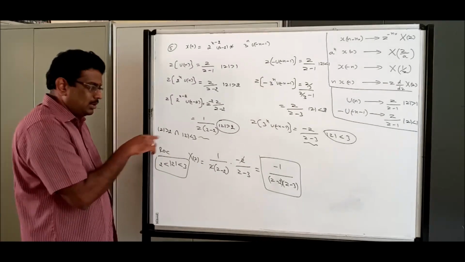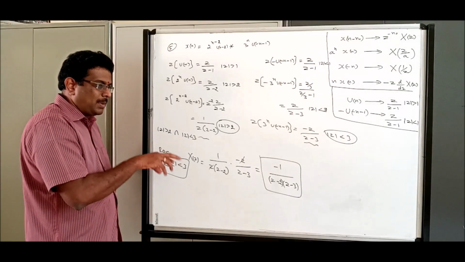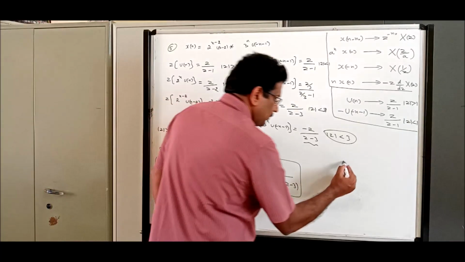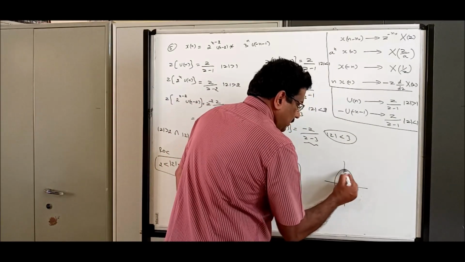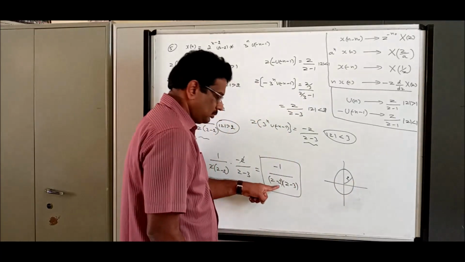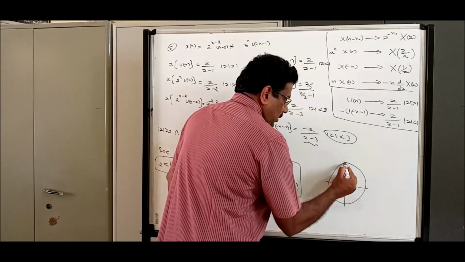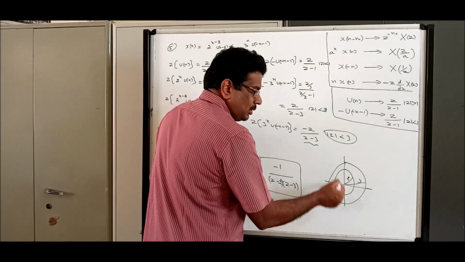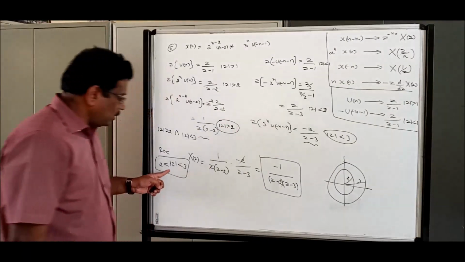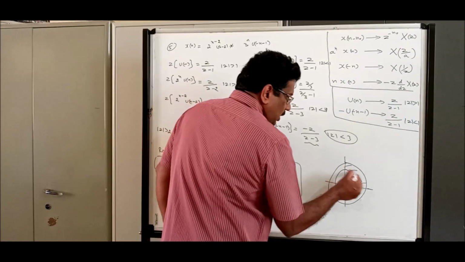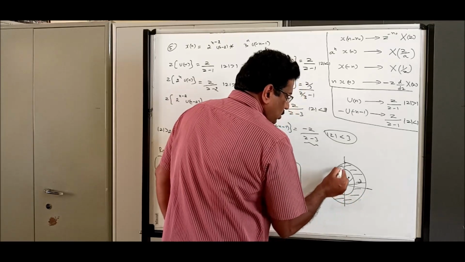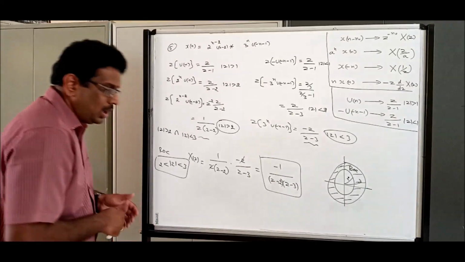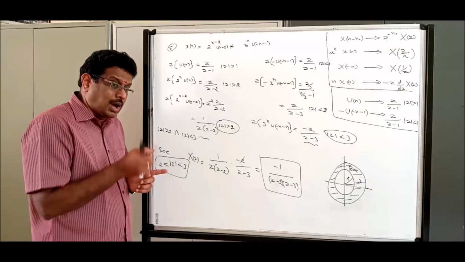Reason, common is: this says greater than 2, this says lesser than 3. Who is the common which is affecting both? It is between 2 and 3. That is why. What is its diagram? The diagram is for radius 2. This is for radius 3. Lesser than 2, greater than 3. What is the ROC? Between 2 and 3. So the ROC is coming here between 2 and 3. This is your ROC.